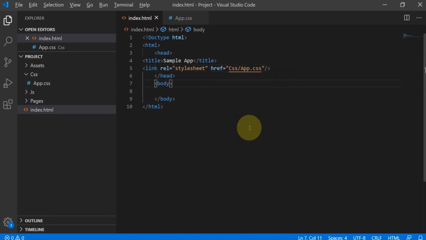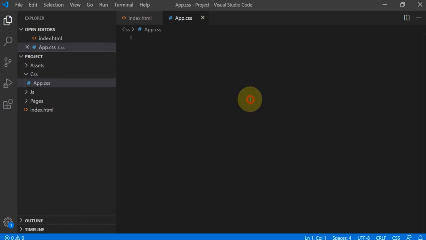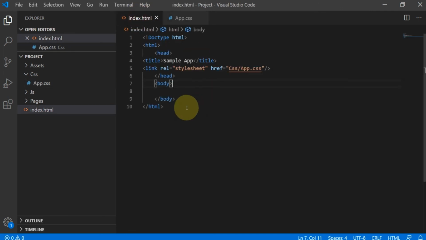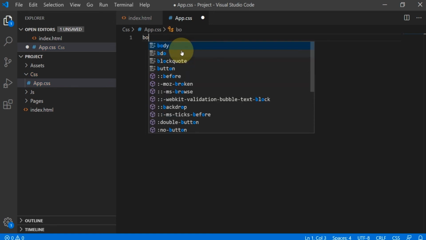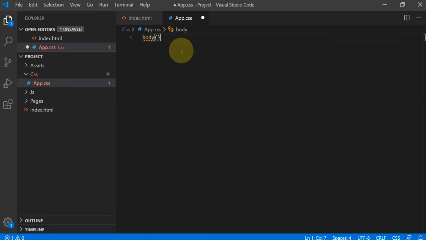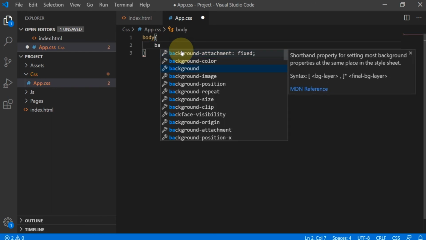Fine. Now we need to recheck whether this style sheet is linked or not. For that purpose I'm taking the body selector and assigning a background to my HTML body.